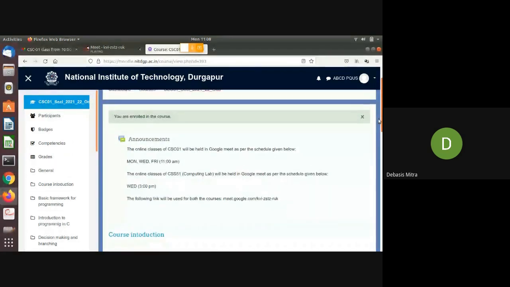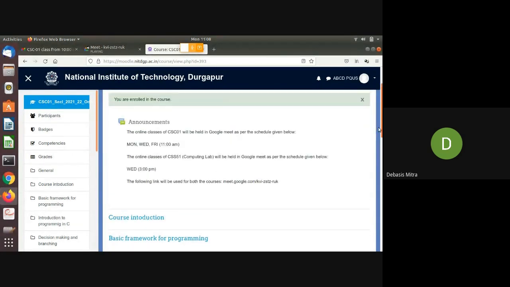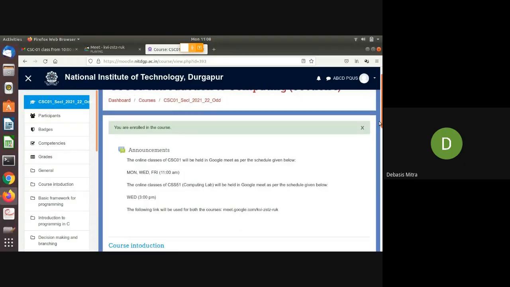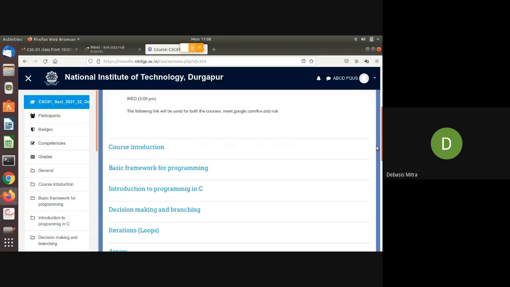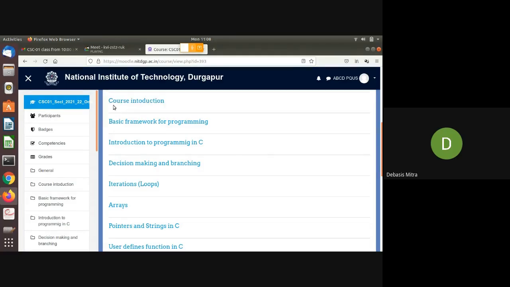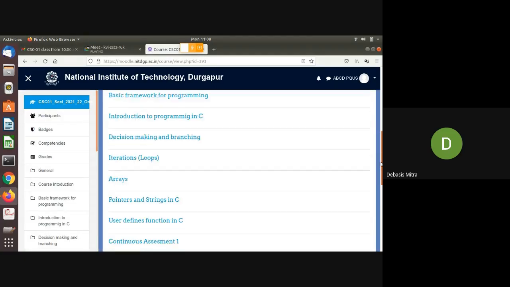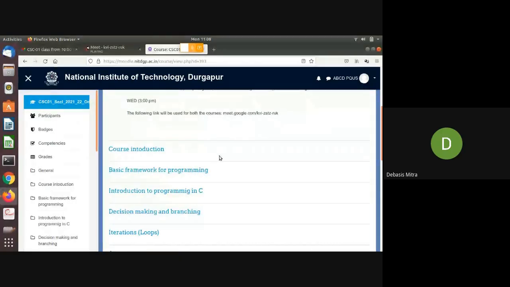The things will get populated over time. So far, it has some announcements, and we have already created some blank sections like course introduction, basic framework for programming, introduction to programming.